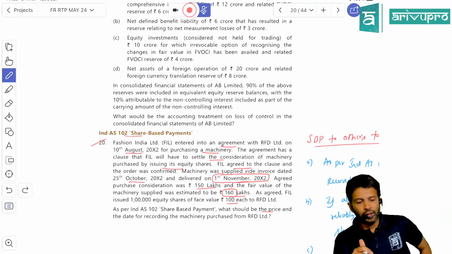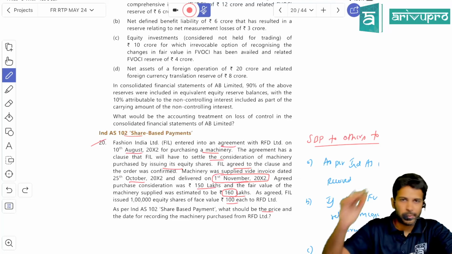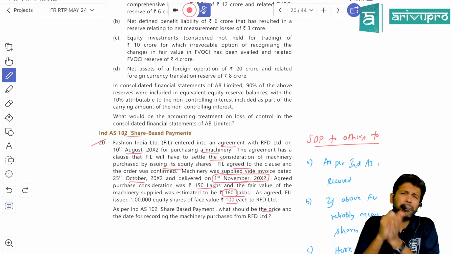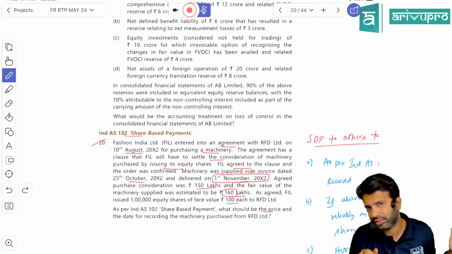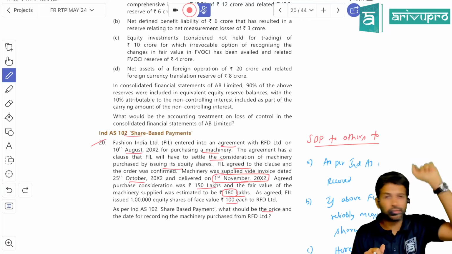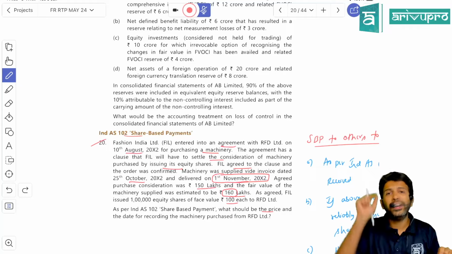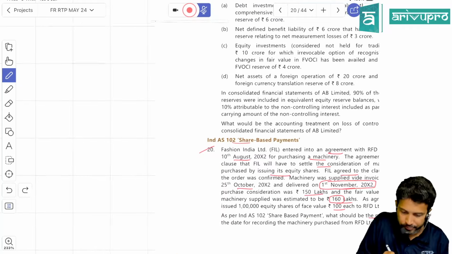All right. Now, question number 20. Now, sir, share-based payment. You will issue the shares. Normally, the majority of the problems we have solved are cases where the shares are given to employees. Whenever you do Ind AS 102 accounting, we find out the fair value of the option. Now, we take what? Fair value of the shares. Correct. Now, if shares are given to employees,